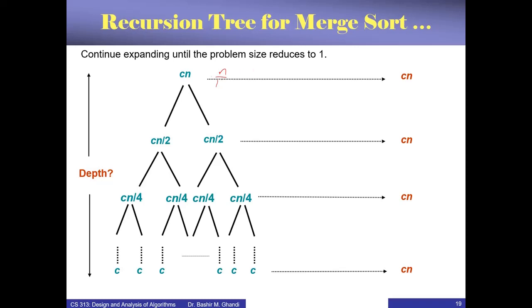All right, so you can think of 1 as 2 to the power 0. This 2, you can consider it as, so this is Cn over 2 to the power 0. Cn over 2 to the power 1, because 2 is 2 to the power 1. And this one will be Cn divided by 2 to the power 2. And this is how it will continue